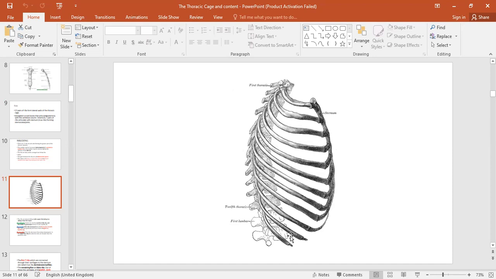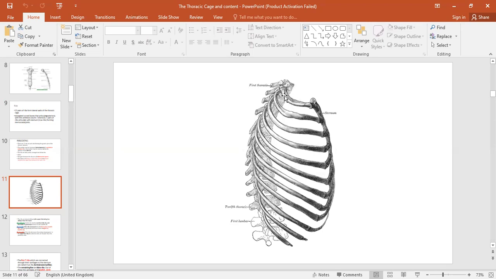Before we go any further looking at the shape of the ribs and the likes, let's look at the orientation of the ribs. So we see that the ribs here are oriented in a slanting fashion. So the posterior attachment on the vertebral column there is superior to the anterior attachment to the sternum. So the level is not at the same plane. If you draw a horizontal line here, cutting there, you see that the attachment to the anterior surface, to the sternum, is below. So the rib cage is slanted or is tilted